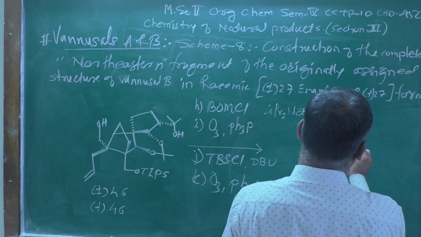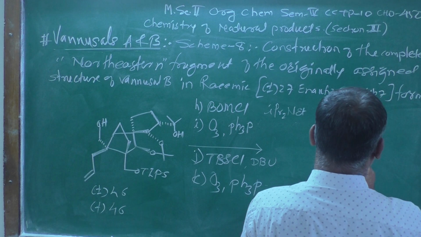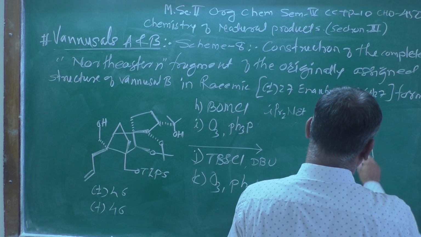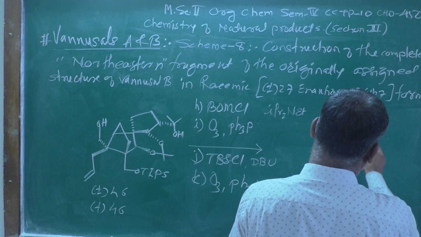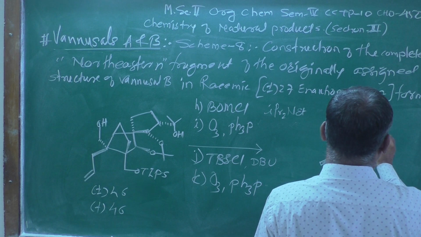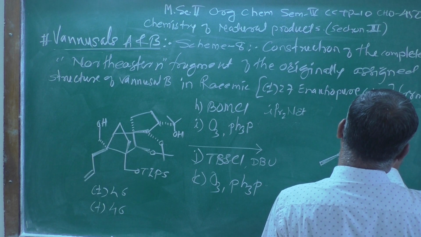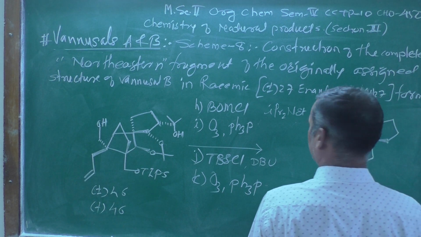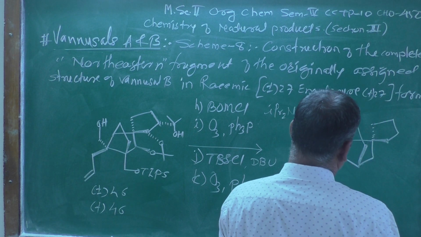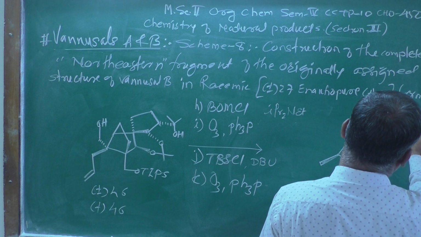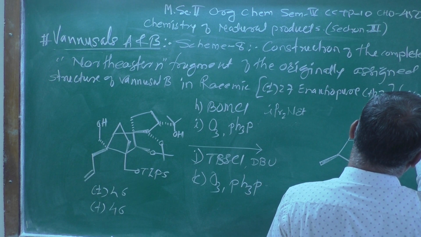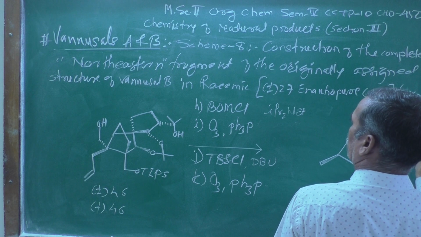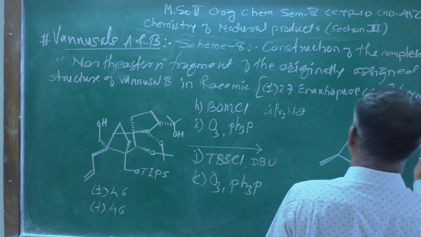This is a 5-membered ring connected to each other. Then there will be another 5-membered ring which we added over here. After that, this is a group. Here OAcM